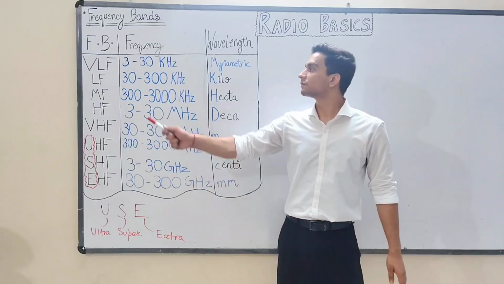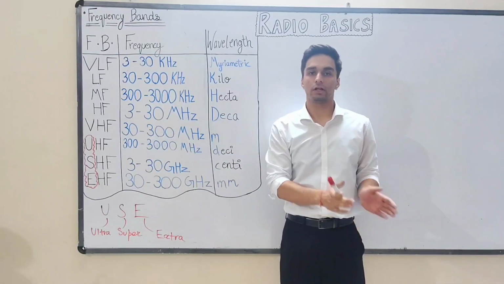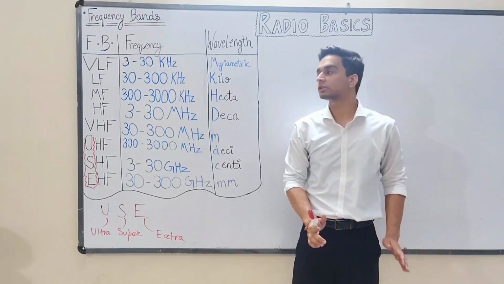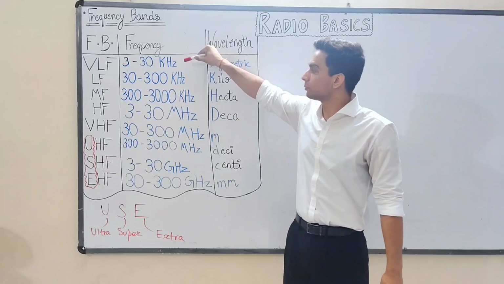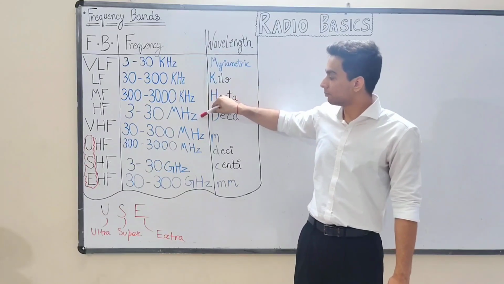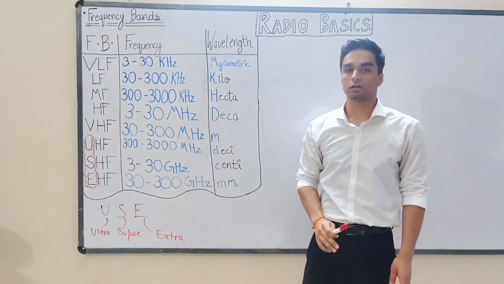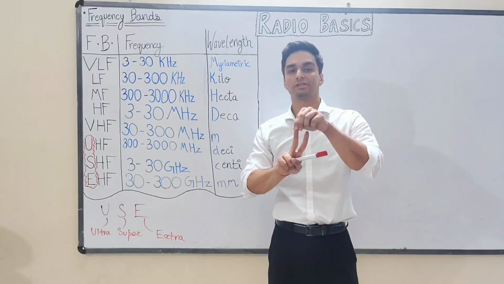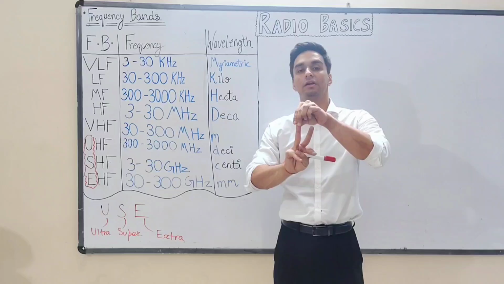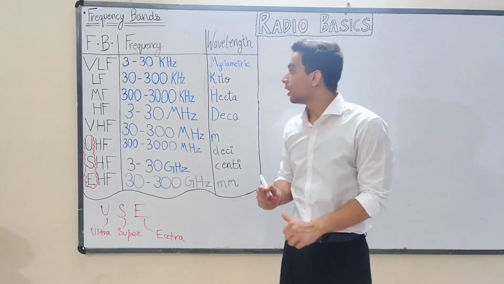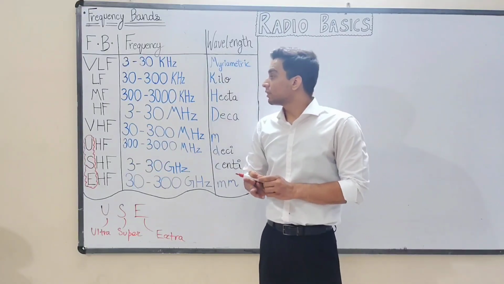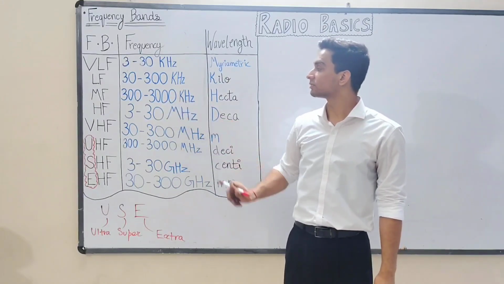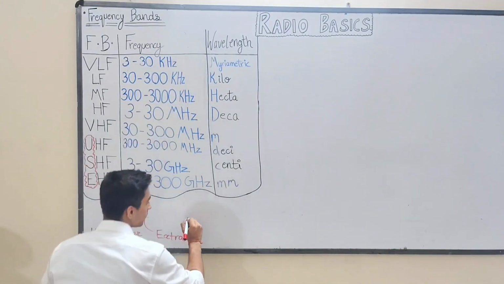So you might have observed that a series of 3 to 30, 30 to 300 and 300 to 3000 is followed with unit starting from kilohertz, moving ahead megahertz and lastly gigahertz, because kilo is 10 raised to power 3 hertz, mega is 10 raised to power 6 hertz and giga is 10 raised to power 9 hertz. We change the series after the term 3000 comes, because if we have to write this 3000 kilohertz,